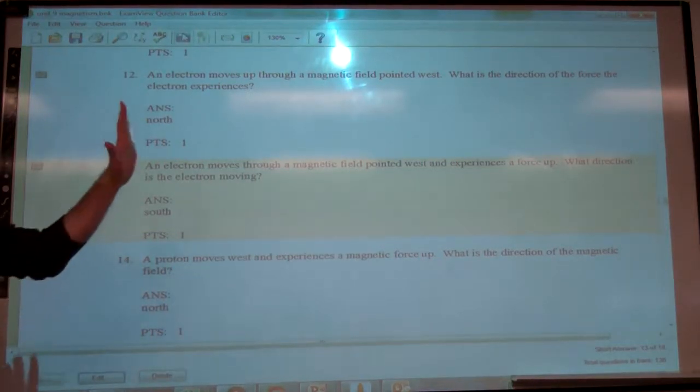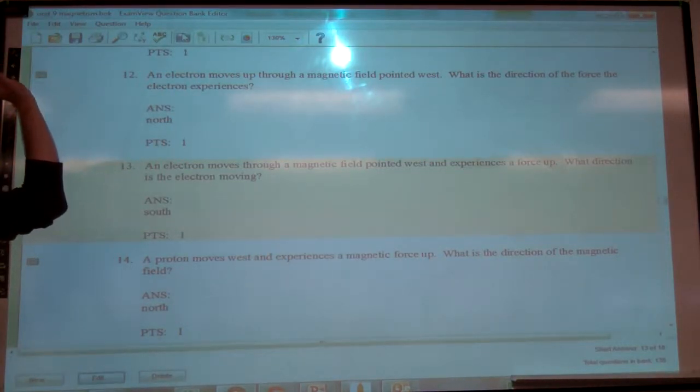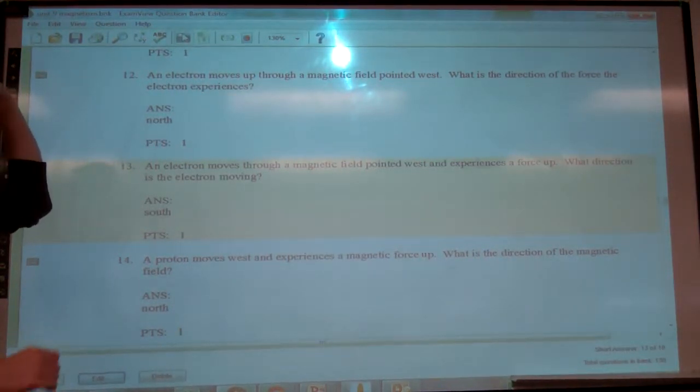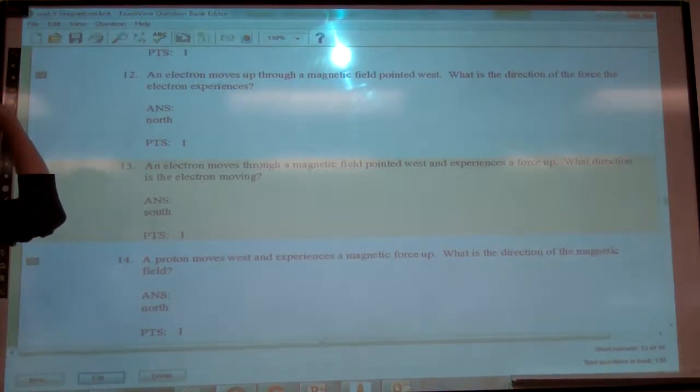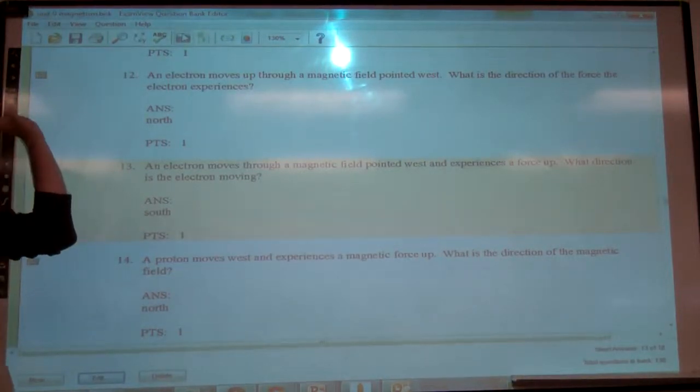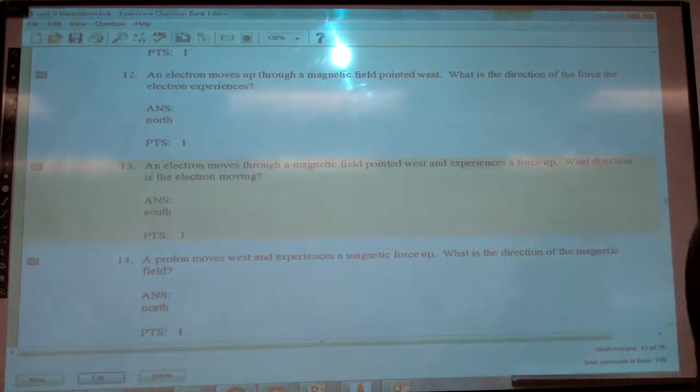Alright. So take our left hand. Magnetic field pointed west, so that way. And experiences a force up. So our hand should be up like that. So what direction is the electron moving? South, where our thumb is pointed. Alright, let me click it a couple times here, and then you guys...